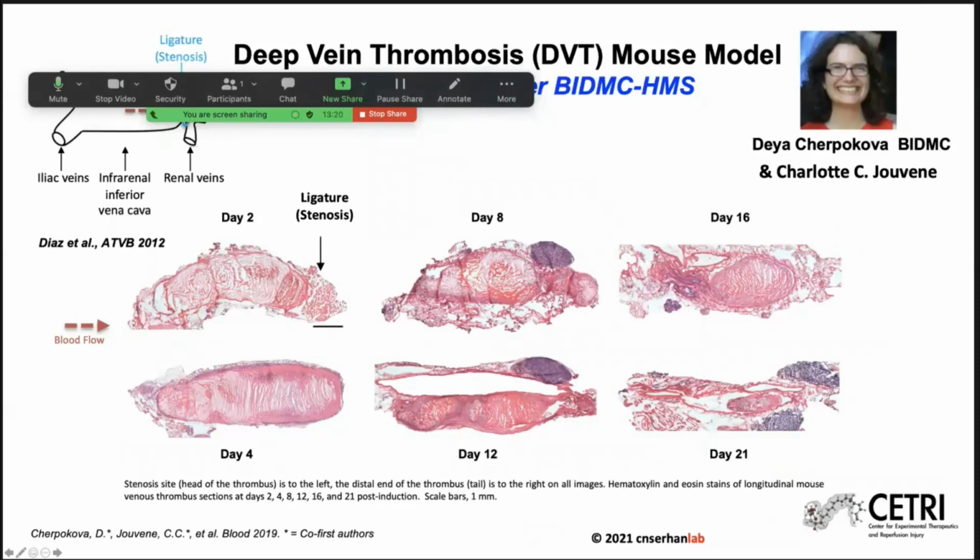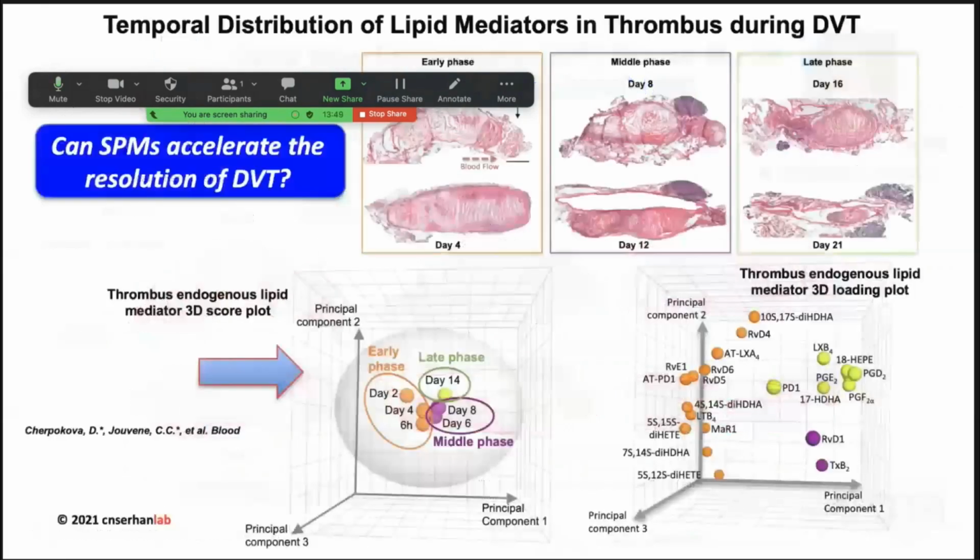And so with Denisa Wagner's group, an expert in thrombosis and intravital microscopy, along with Dia Jepanovic from her group and Charlotte Jovine, we examined this occlusion of stenosis model, which is nicely illustrated here, out to 21 days, where they get a complete occlusion, a blockage of the vessel, if you will, and it begins to resolve by day 21. And in this, we systematically analyzed by LC-MS profiling, just showing you the lipid mediators produced at each time